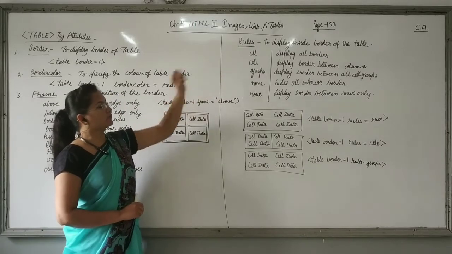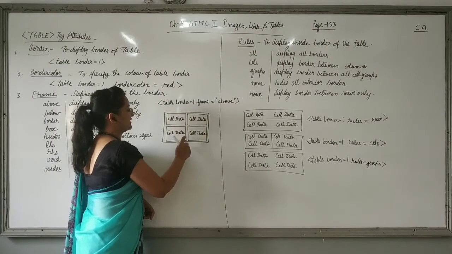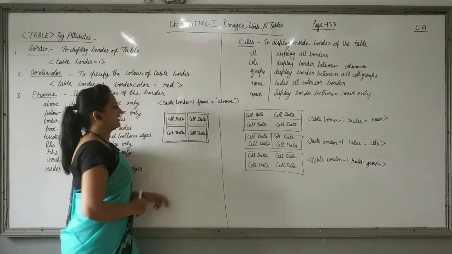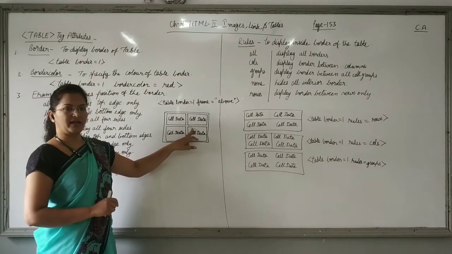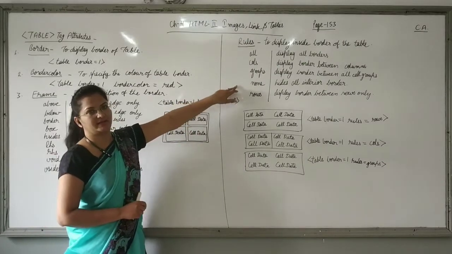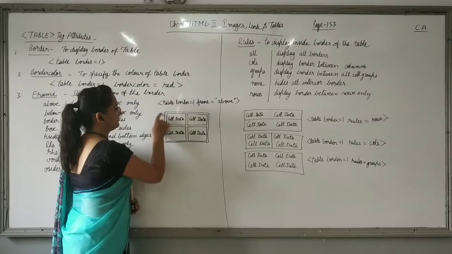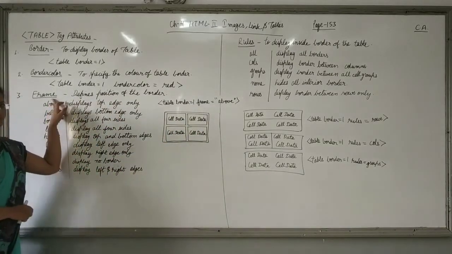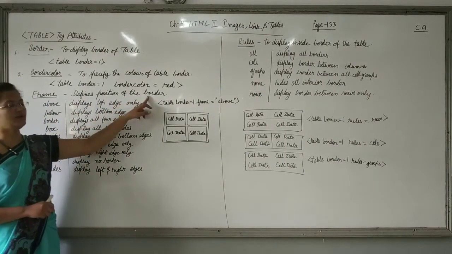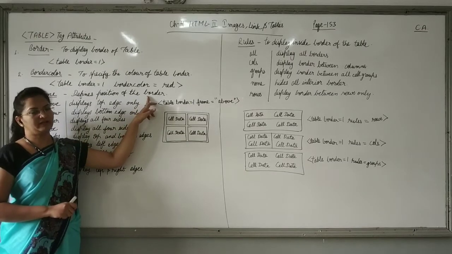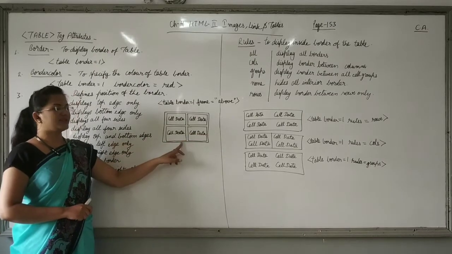Now one more thing is rules. Rules means the inside border of the table. Here, inside the border, you can see the cells have borders. These are inside borders. To display or hide inside borders we will use rules. Only to change the display of the outer frame we will use the frame attribute. The frame attribute defines the position of the border, and only those borders will be visible. That means this is above, this is left, this is right, this is bottom.